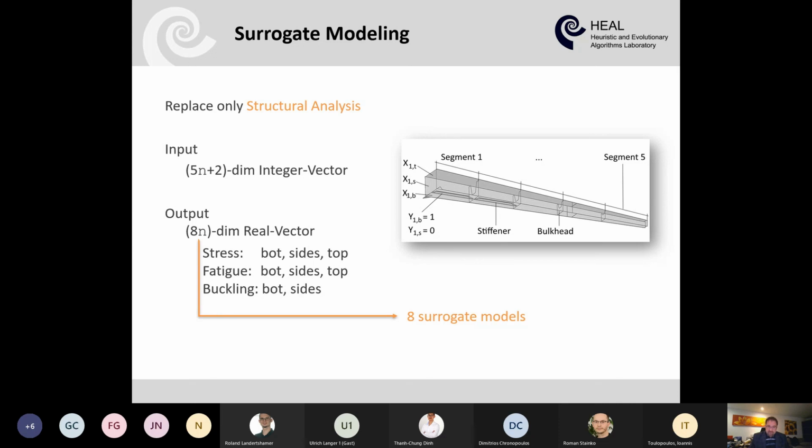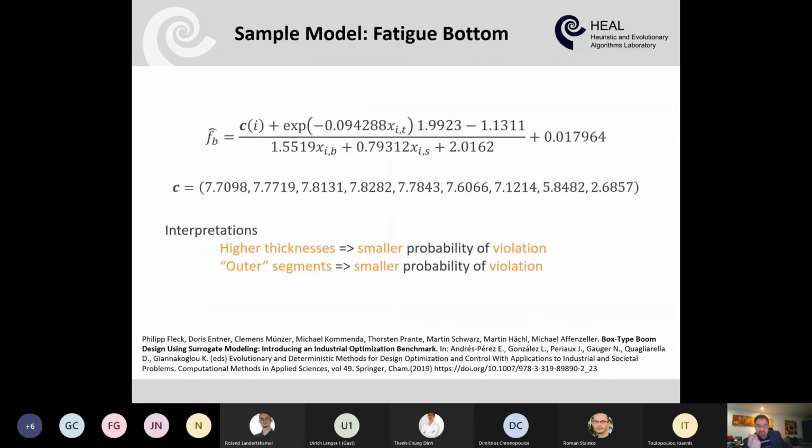So overall, for each segment of the box type boom, say 8 models, and for more segments, n is the number of segments here, h times n dimensions of the vector to be considered for learning the surrogate models. And here you can see one of those surrogate models which turned out to operate surprisingly well, as could be